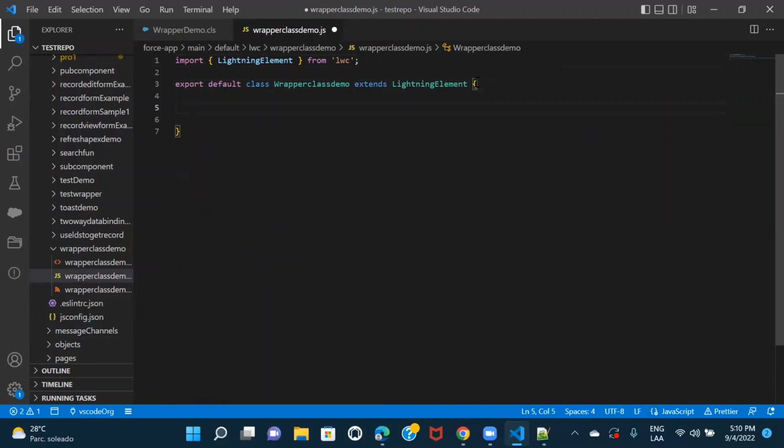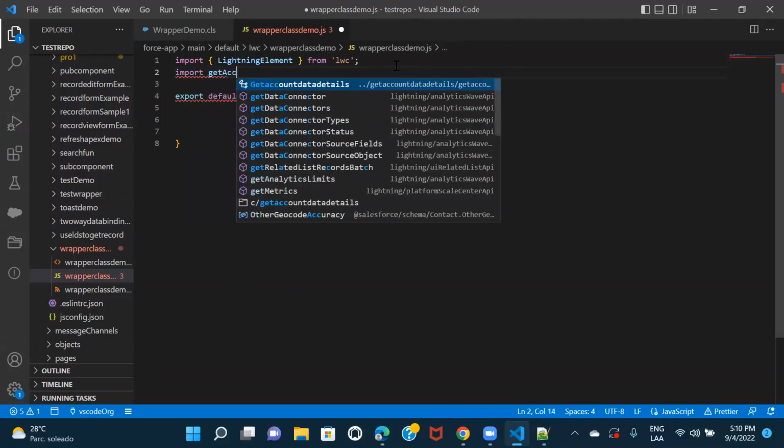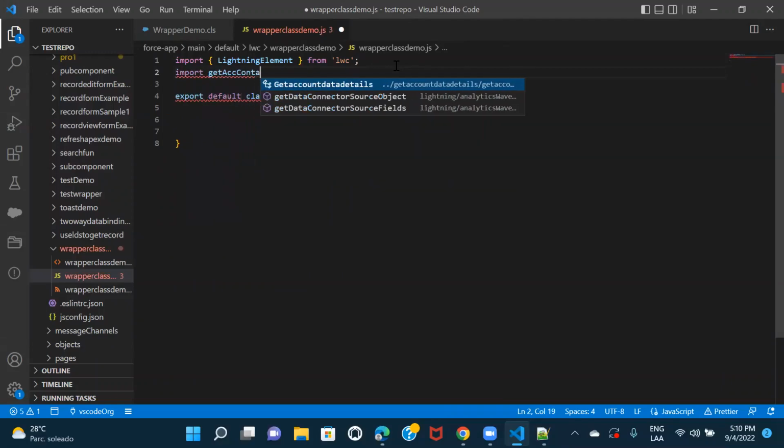If you remember, in order to display any data using lightning data table in LWC, you have to prepare the columns. Without preparing the columns you wouldn't be able to, because the lightning data table expects an attribute columns. So you have to prepare your columns in your JS file. First, let's just import the method. So import get ACC contacts, and then from